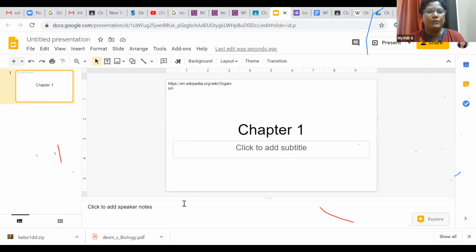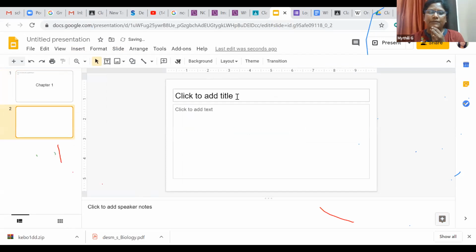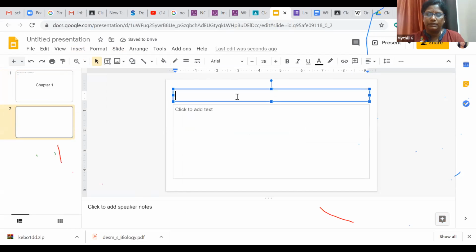As with the slide, you can also add a new slide. The next slide will come to you, where you can type whatever you are going to present, directly in the presentation.